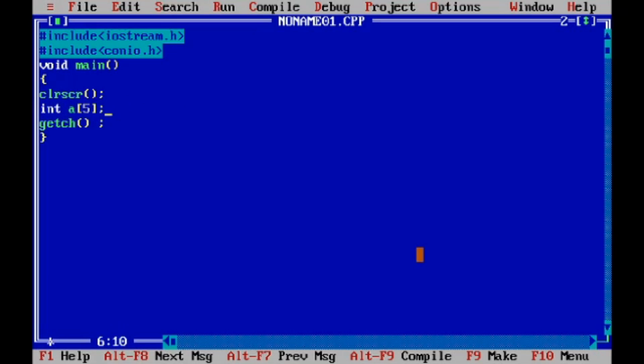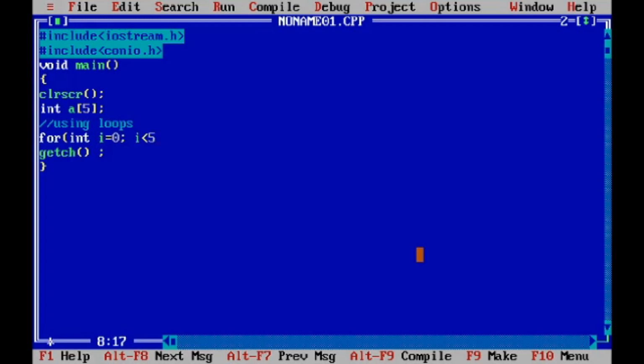Now we will initialize in another way. The other way is dynamically, like at runtime, and this can be done using loops. We'll start with for integer i = 0. Why have I written 0? Because the index of an array, or the base of an array, starts from the 0th index. Semicolon, i less than 5.